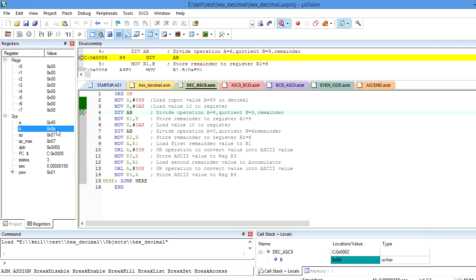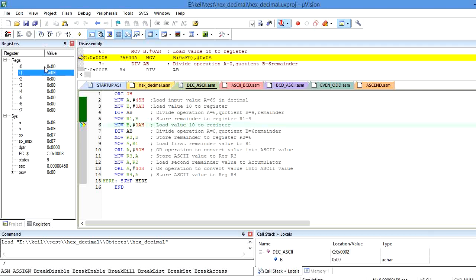After execution, A becomes 6 and B becomes 9. A is nothing but the quotient and B is the remainder. I will store the remainder into the R1 register by using move R1, B.